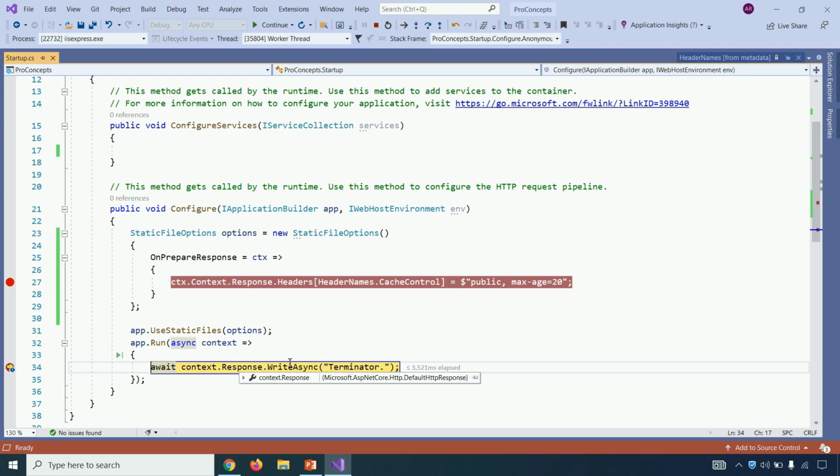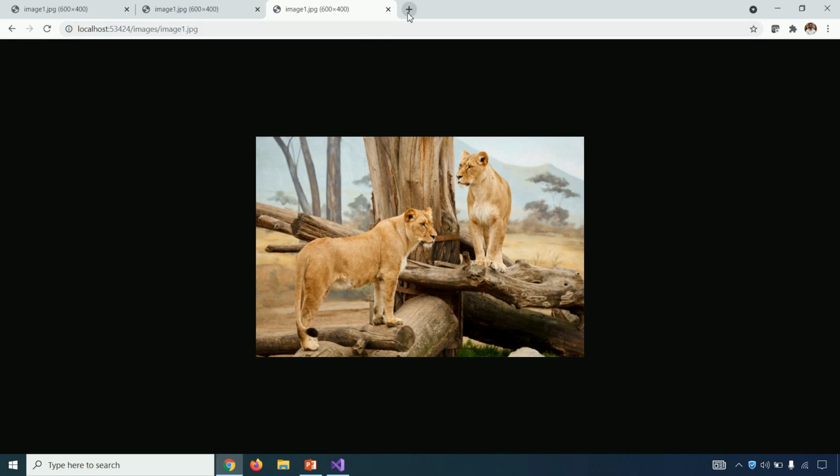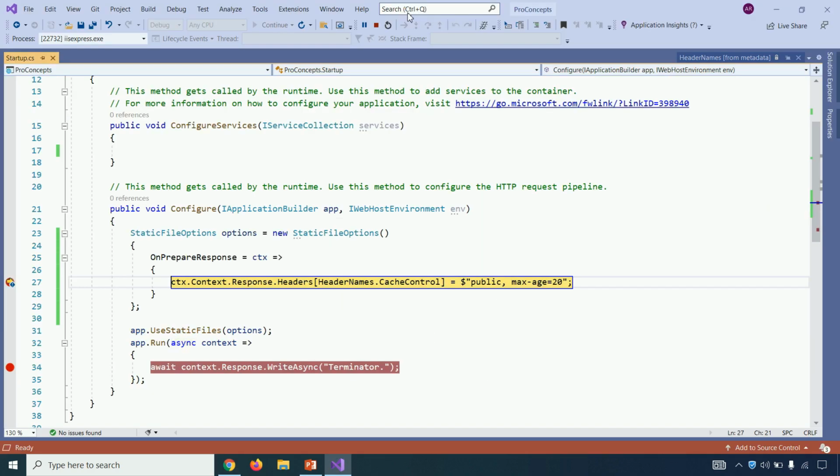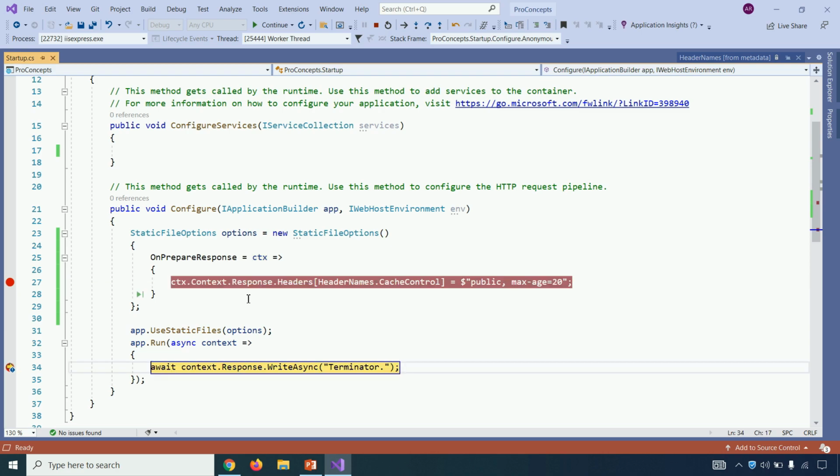Try one more time and see, only hitting the Run debugger. Just keep on trying, and after 20 seconds, it starts hitting both the debuggers. See, now this time it hit the debugger at line number 27, and when I press F5, it will also hit the Run debugger as well.